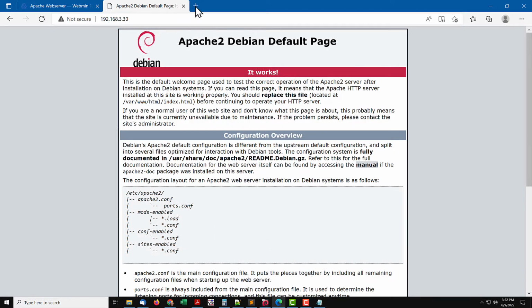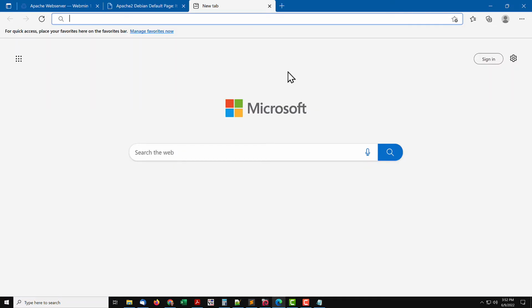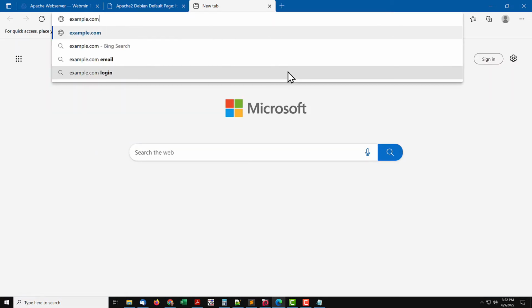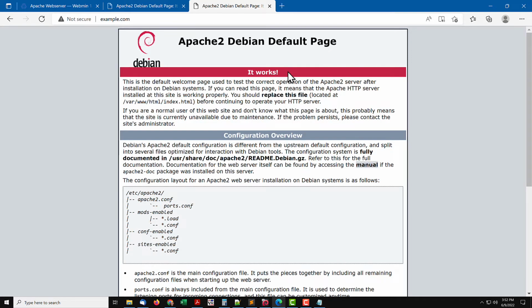In your web browser, open a new tab. In the address bar, enter example.com. When the browser looks for the IP address, the hosts file responds with the local IP we added, and we're directed to the demo web server. But the server returns the default web page, because that's all Apache knows to do. For virtual hosts, we have to tell Apache how to handle each.